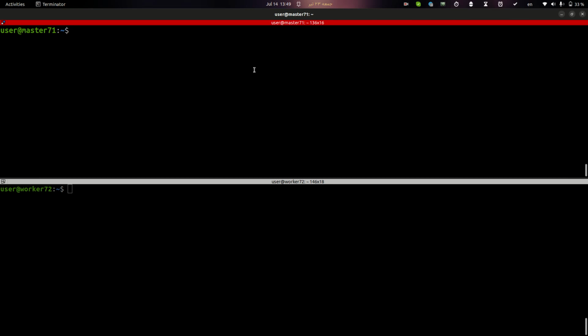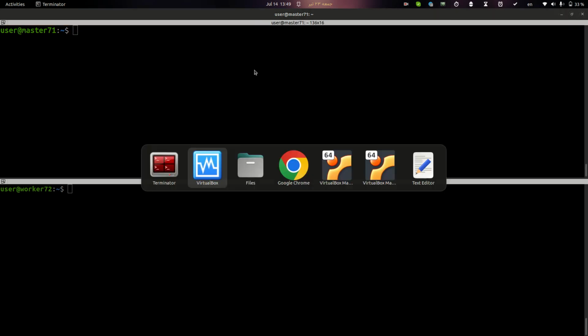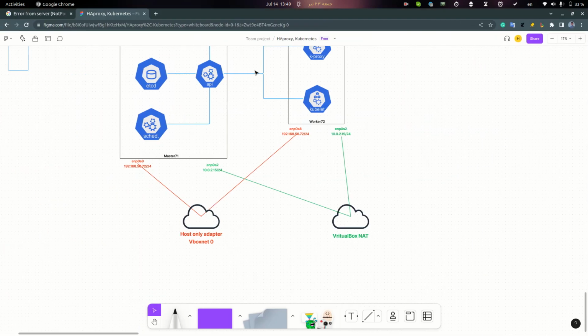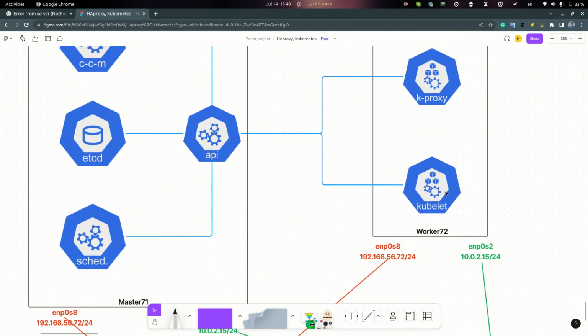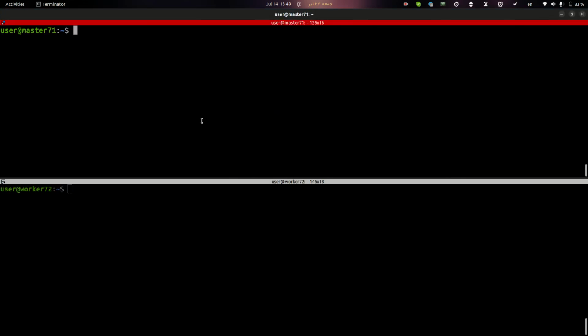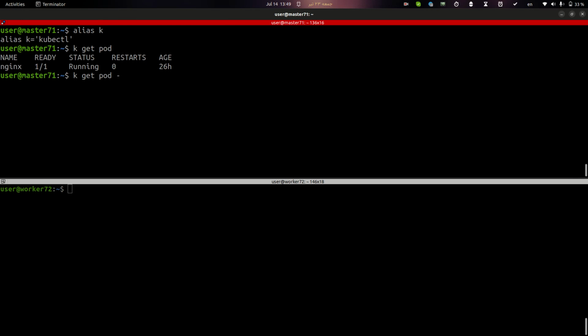Hello, today I have a problem in my Kubernetes environment. This is my environment. I have one master node with one worker node, and I run a pod in my environment. I have an Nginx pod in my environment. As you can see here, my pod is running,